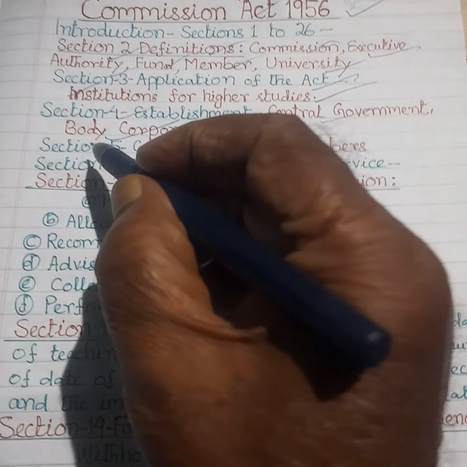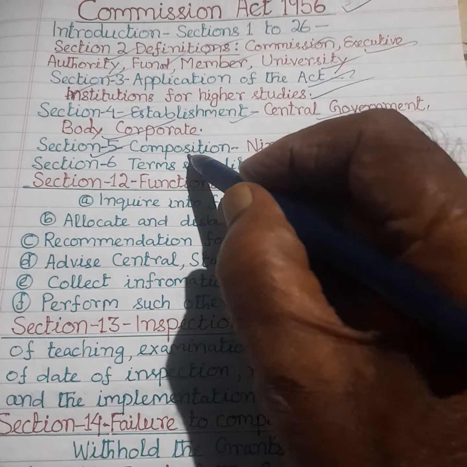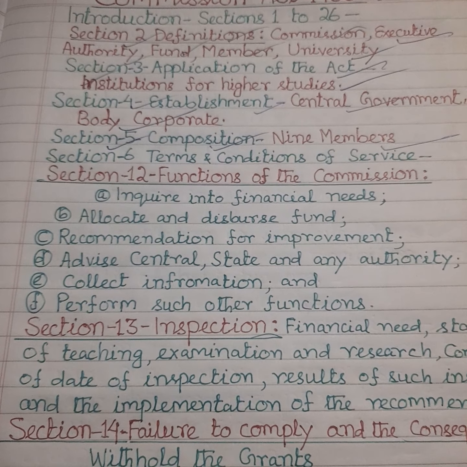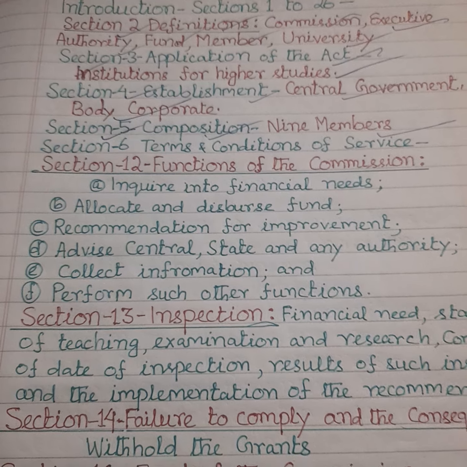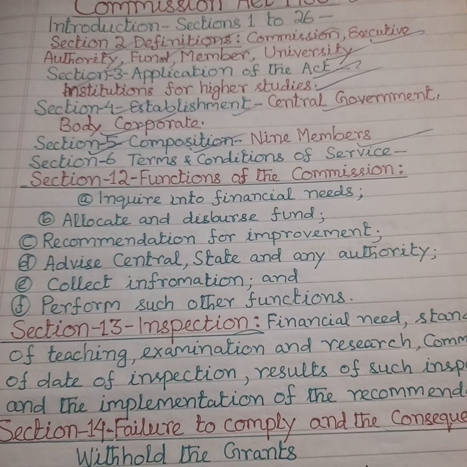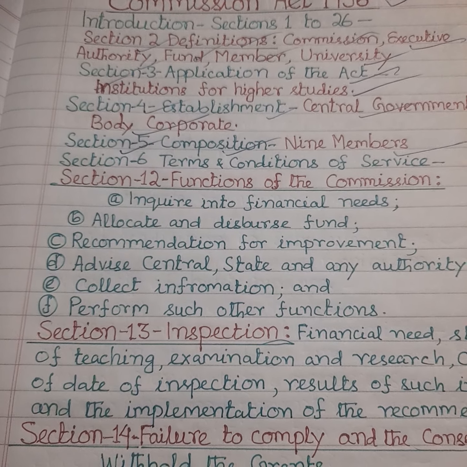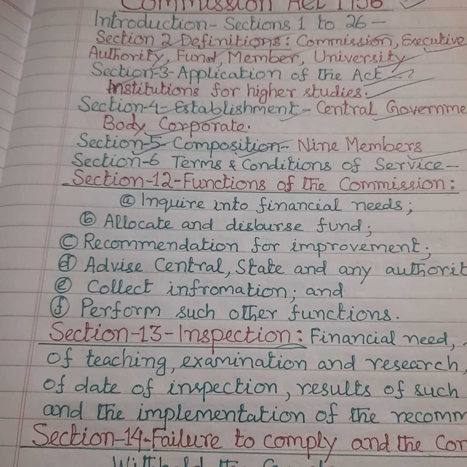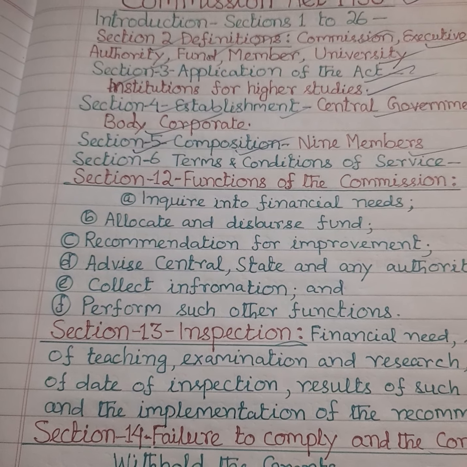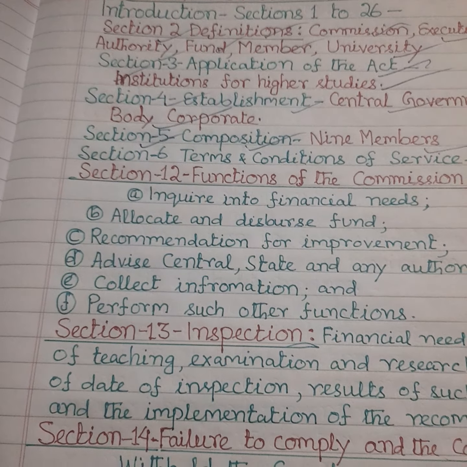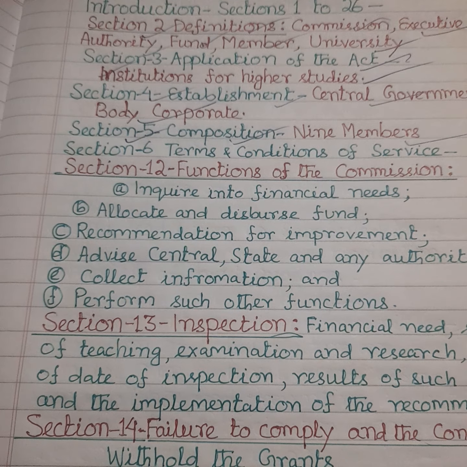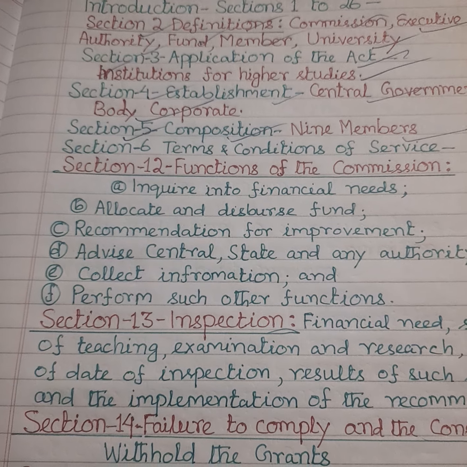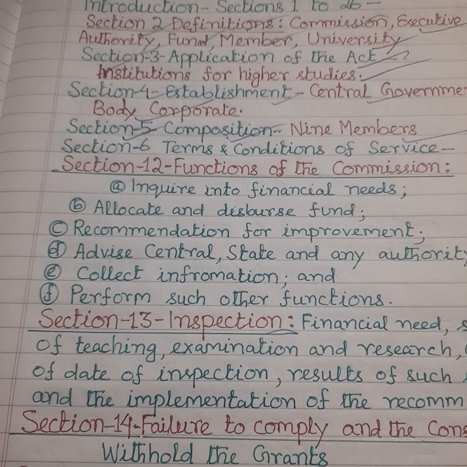And as regarding Section 5 of the Act, which deals with the composition, which consists of at least 9 members, as per the provisions under Section 5 of the University Grants Commission Act 1956, the commission shall consist of 9 members to be appointed by the central government. The members shall be chosen as follows: not more than 3 members from among the Vice Chancellors of the universities, two members from among the officers of the central government to represent the government, and